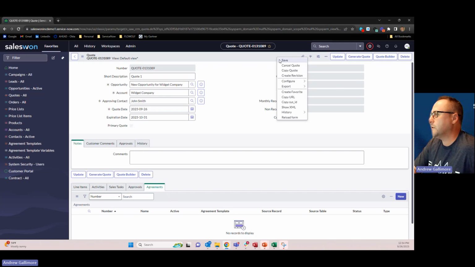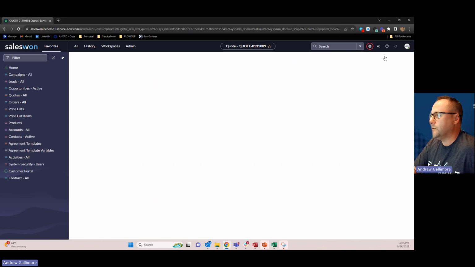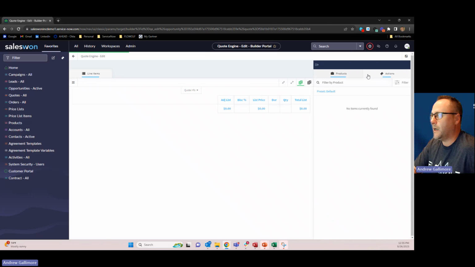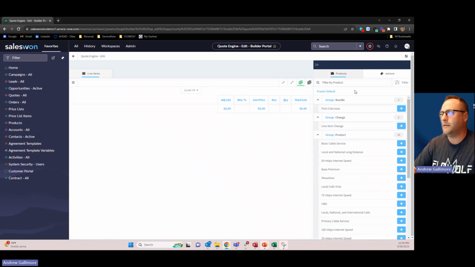So as we come in here, we're going to just go into our quote builder. And on our quote builder, you'll notice out of the box that it comes into the general UI. And on the right-hand side, we've got the products and the actions. Now, these are associated to the price list that was defaulted in our opportunity management. So this was the standard price list. And you can do bundled products. You can do individual products,